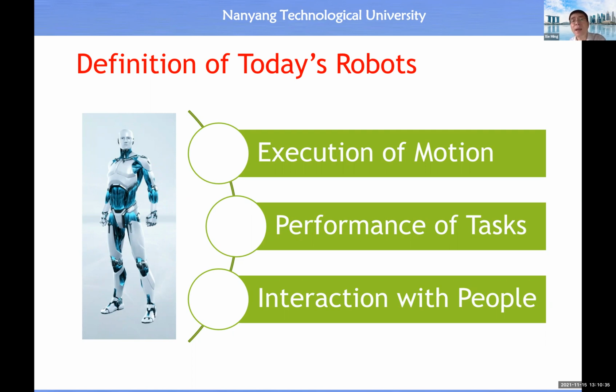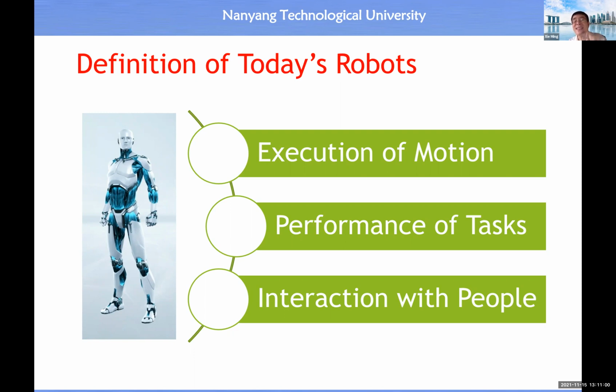The second component is about the ability to perform programmable or reprogrammable tasks. And most importantly, the third component is the ability to interact with human beings at the cognitive